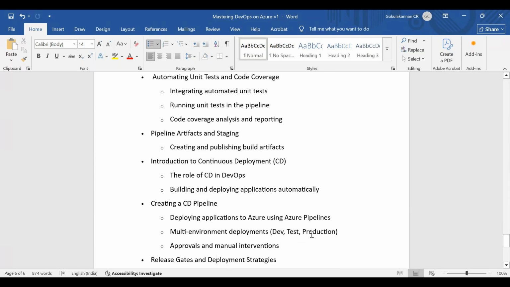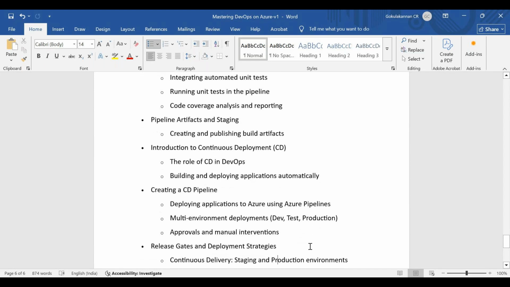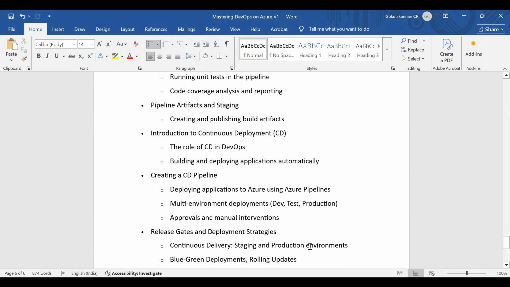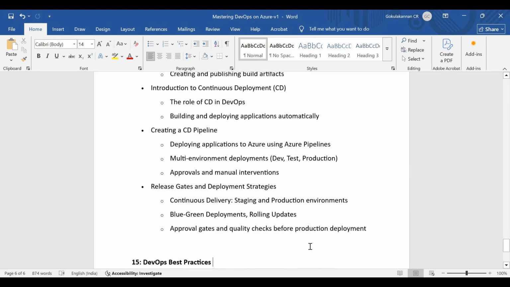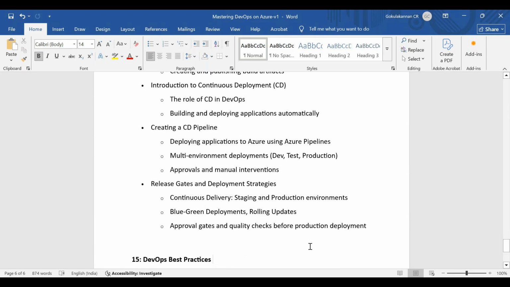For example, if you deployed your code in development, and if you want to push it to SIT, it's not going to be as it is, right? Some approval is needed, some validation or sign off is needed. How you can incorporate that into the CI/CD pipeline. Those and all we are going to discuss: the approvals, manual interventions, and how automatically an email will be sent to the desired sign-off person. What is blue-green deployment, how you can roll back your updates. Those also we'll be discussing here.